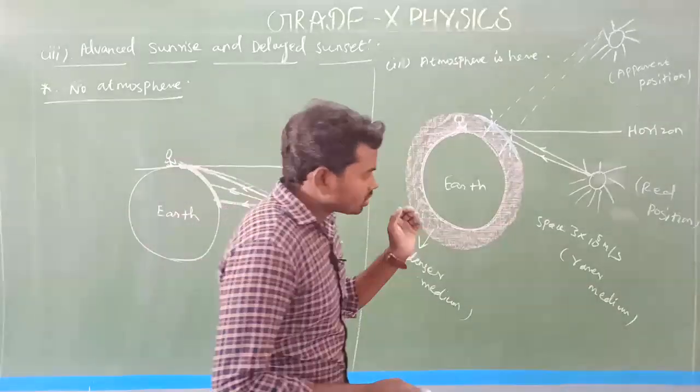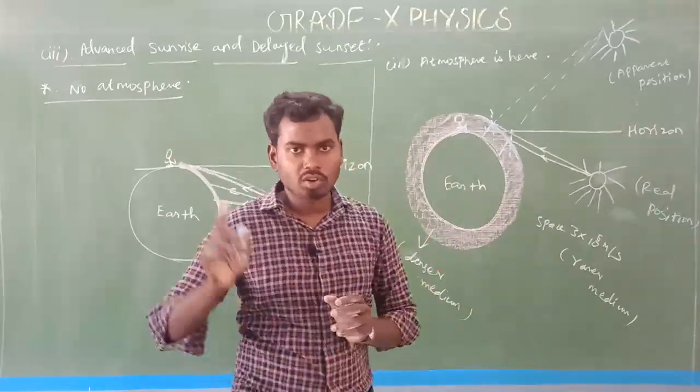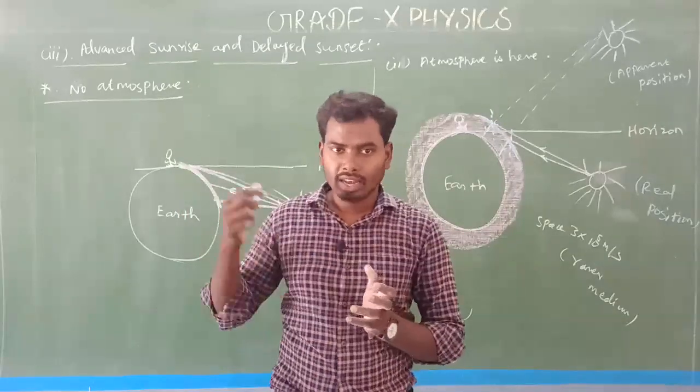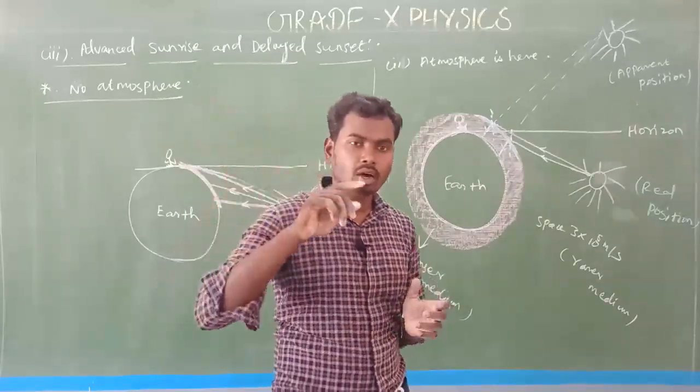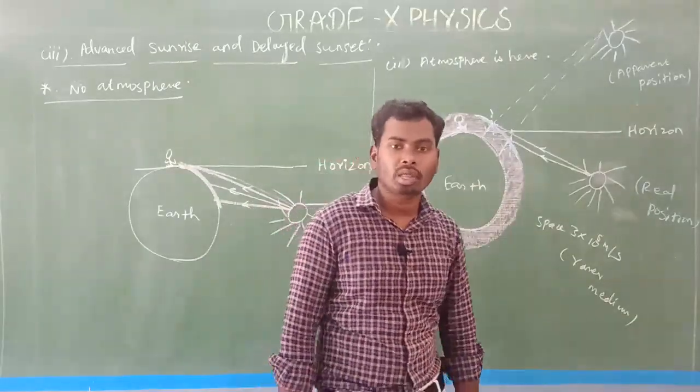Okay. So once again, I will repeat it. Very simple concept, because it's a very important 3-mark question. The twinkling of light is a very important 3-mark question. The next one, the star appears higher than its original position, is also an important 3-mark question. And this is also a very important 3-mark question.